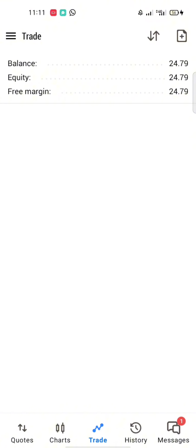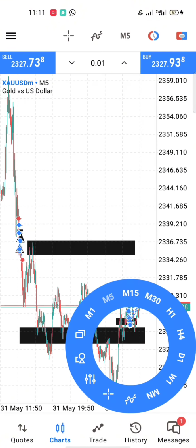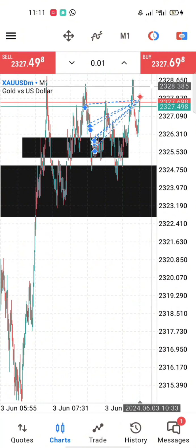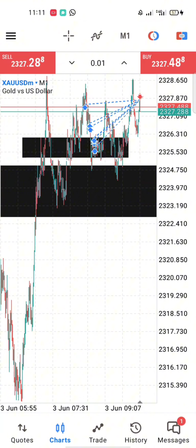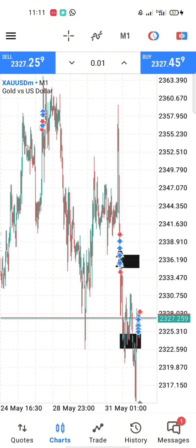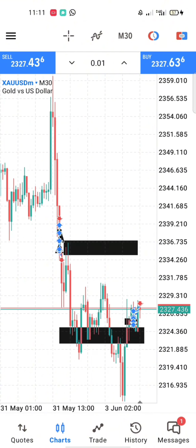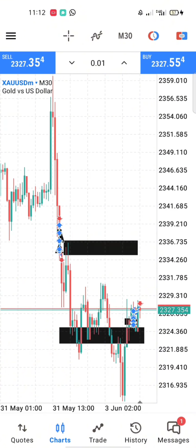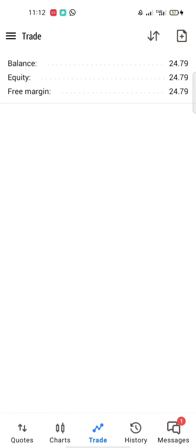Currently we're at a balance of $24.79. The trade was from this very point. The trade bought from this very point here. So that was what happened in this very trade. This is how we did it. Both the VIPs, they killed this market with me, and so I'm taking my next trade to flip it to something massive. Let me see my next setup because currently from $5 we're up to